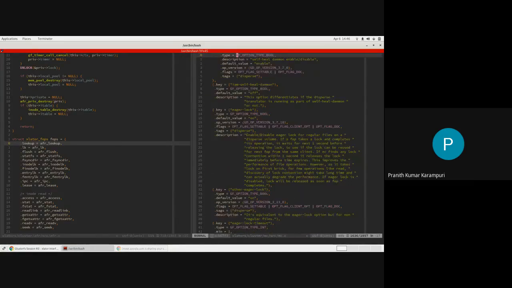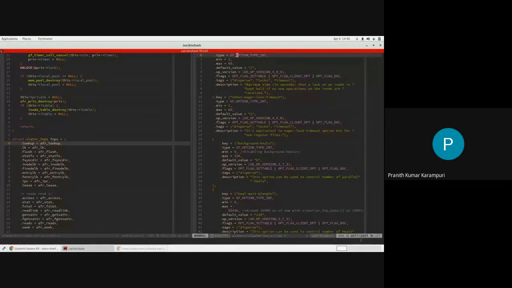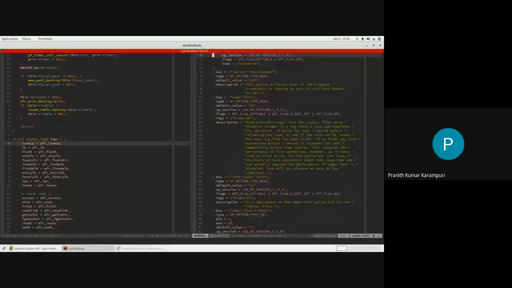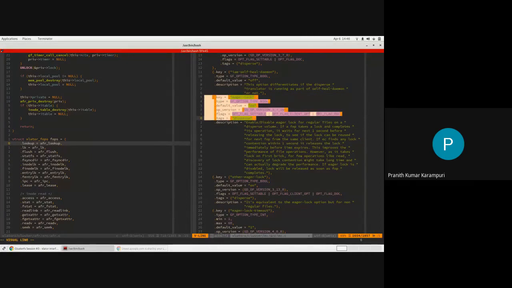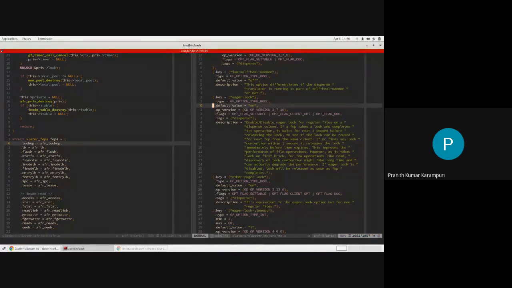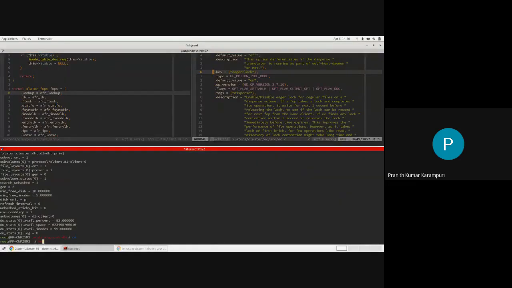The other thing that you would see is the options array. So you can configure something like, it depends on what the options are, but you can say there is this option called eager lock in erasure coded volumes. So you can set some values for them, what is the default option, from which version of GlusterFS it is supported, etc. Those kinds of things you can specify here. So if you look at something like volume get V1. Okay, this is a little bit.